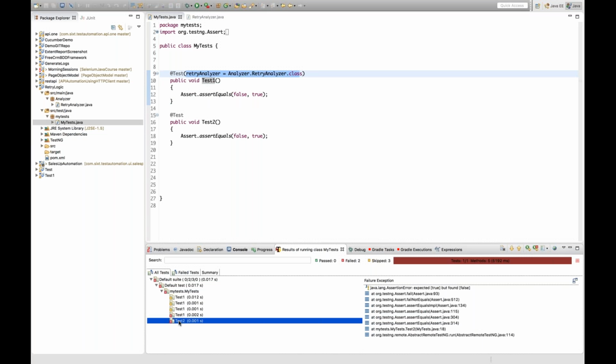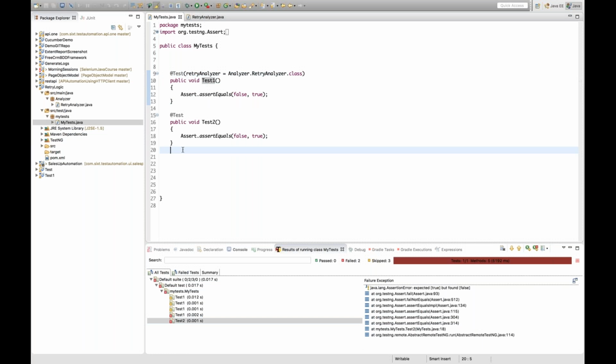So this is a standard method. Now the problem with this method is, let's say tomorrow you have 100 test cases and you want to provide retry logic for all of them. Then again you have to copy this particular line again and again for all 100 test cases. Now if you write